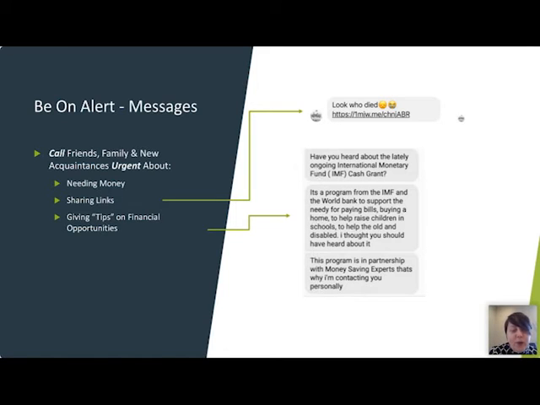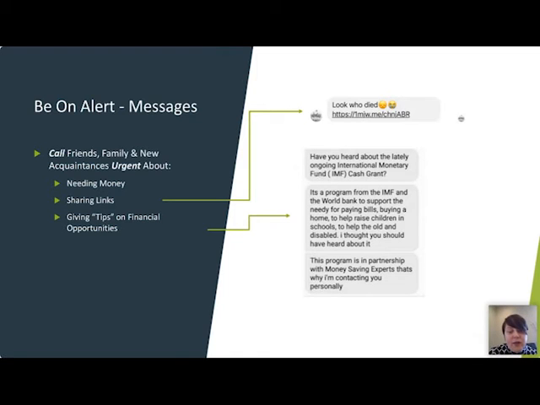So letting them know. The second example is how you can get phished into it. Somebody starts with maybe just pleasantries, and then next thing you know, they're telling you something about a PPE loan, or something especially tied to COVID and some sort of financial benefit that you may not have been aware of, but they're presenting it in the form of a tip or a financial opportunity. And to fall victim to something like that is basically passing it through.